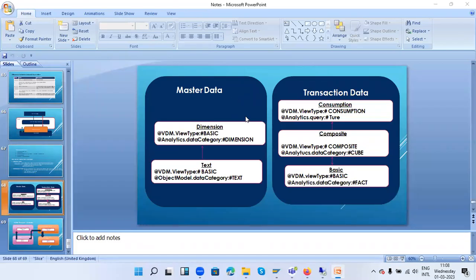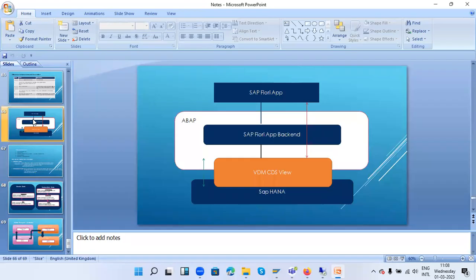So VDM, especially for annotations, we have additional annotations. Without those annotations, the same data is going to populate. There is no impact. While we are adding VDM annotations, especially VDM purpose views, we are going to connect from